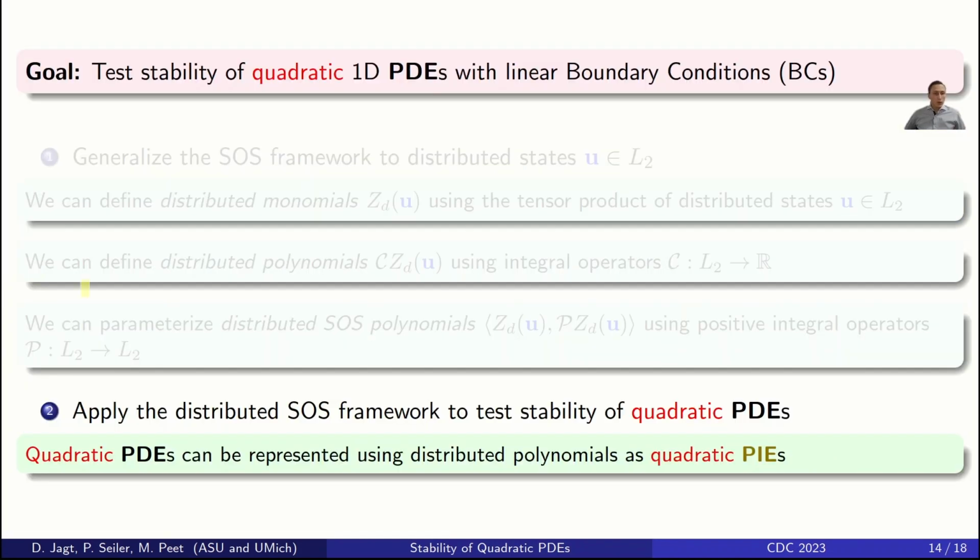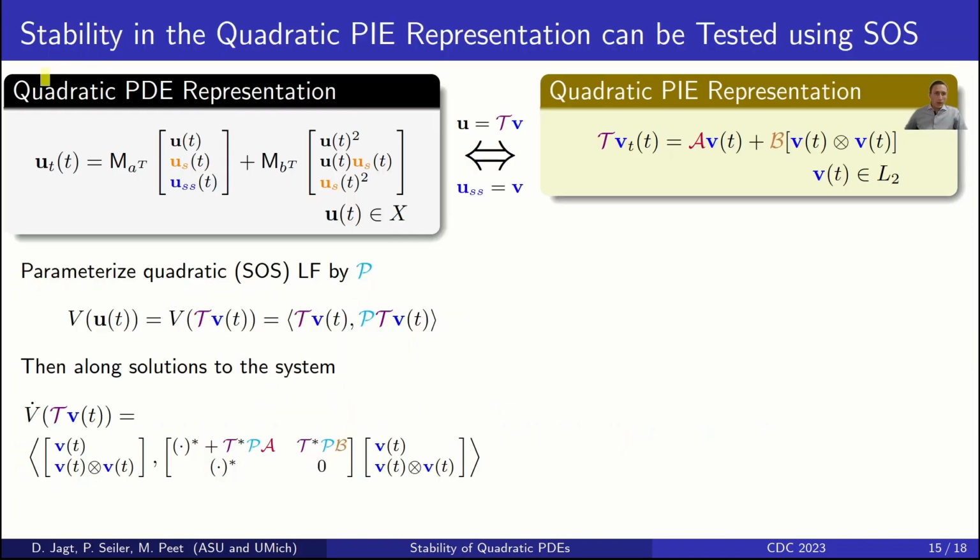So using this approach, for any quadratic partial differential equation with suitable linear boundary conditions, we can define an associated quadratic partial integral equation, where now the dynamics are expressed as a distributed polynomial on our fundamental state V. Because in this PI representation, we can then actually apply the SOS framework to test stability. In particular, if we consider a quadratic PDE with the associated quadratic PI representation, then we can parameterize a quadratic